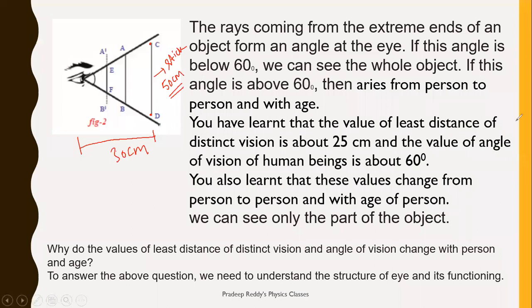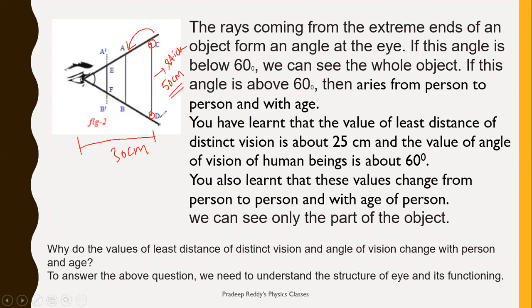And you are placing it in front of your eye and you are able to see the topmost point of the stick and the bottommost point of the stick when you are placing it at a distance of 30 centimeter. And the whole length of the stick is 50. Now what I do, I will bring this stick to a new position. I'll bring it closer to our eye.